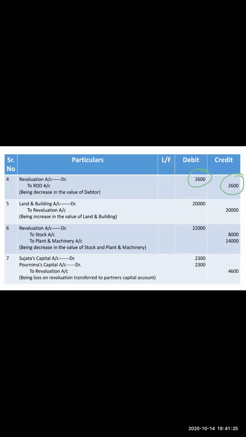Is it clear this entry? When RDD is created on debtor, the value of debtor decreases. So whenever the value of debtor decreases, which means the value of asset is decreasing, and that's why your entry will be revaluation account debit to RDD account. Okay. Now the next is